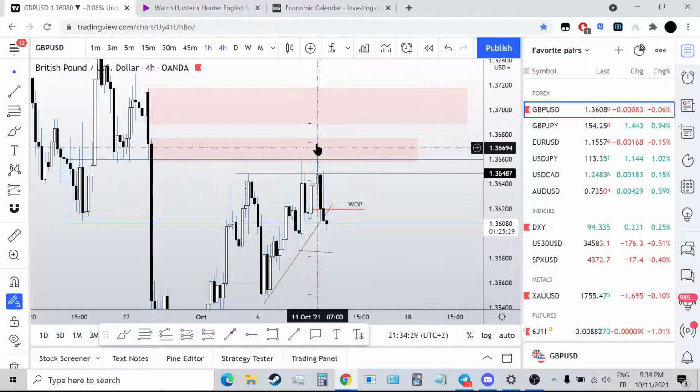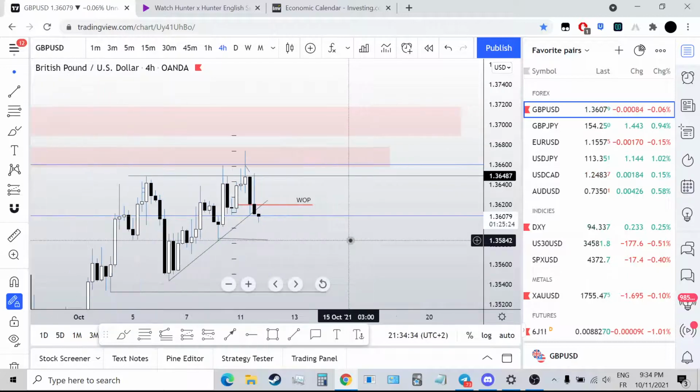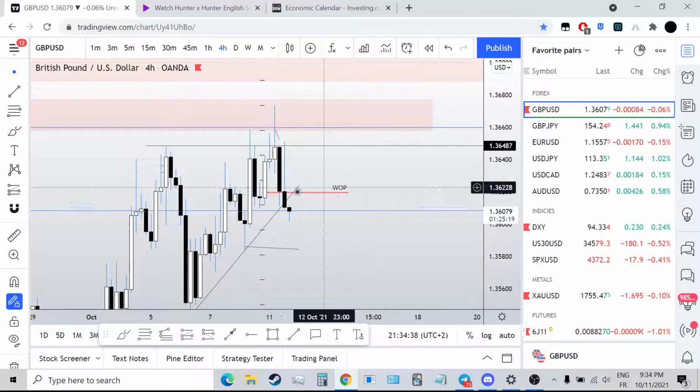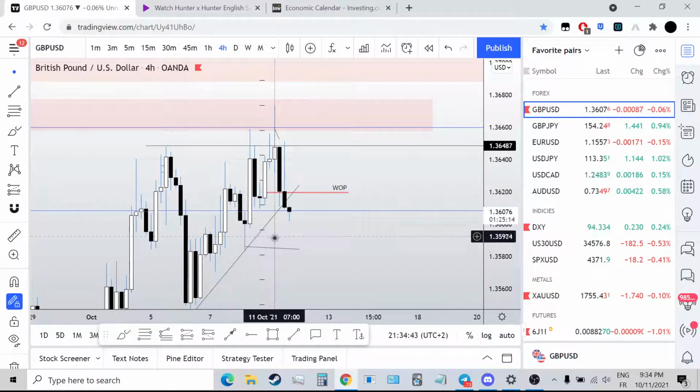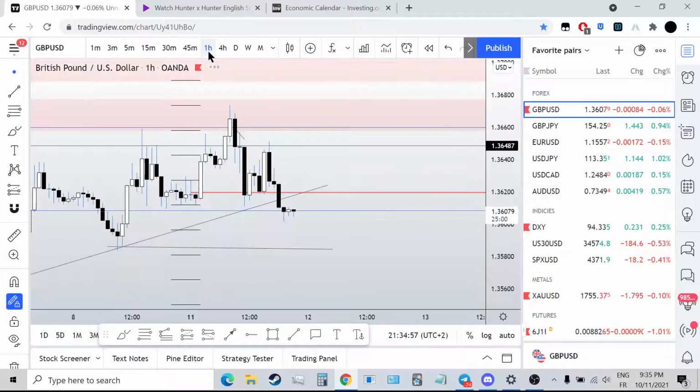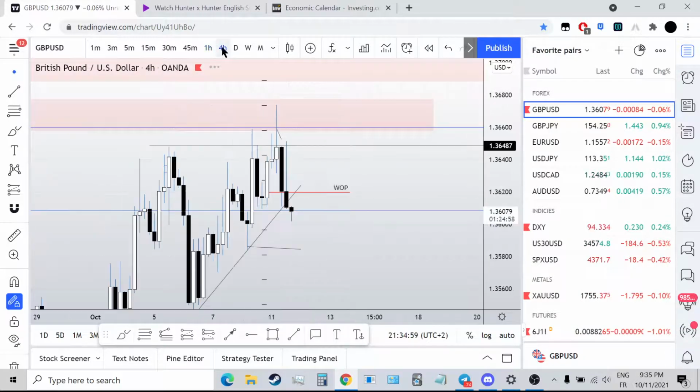I was looking for this run up right here, because if you think of ICT's power of 3, okay, weekly open price is here. If I want to be bearish, I would like to see a run up first, or it could run down, create a move down, and then create a move up, right, and then reverse. But this is really what I wanted to see right here. So it came into this area, and now it's rejected, and it's currently hovering below weekly open price.